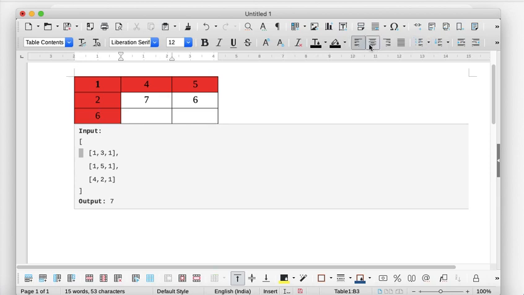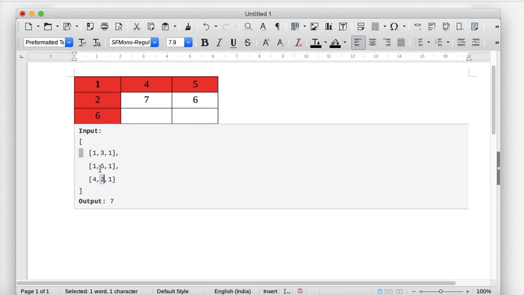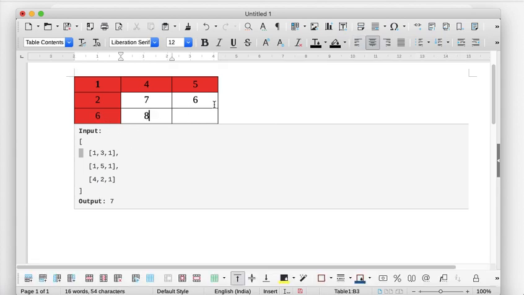And the cost to come here, that would be a minimum of the 6 and 7, because I already know how much cost it takes to come to this cell and this cell, and the only way I can come here is from the above cell or from the left cell. So the minimum is 6 plus the cost of this cell, which is 2. 6 plus 2 gives us 8. And here again it is the same, which is the minimum of 6 and 8, which is 6 plus the cost here, which is 1, so it will be 7.